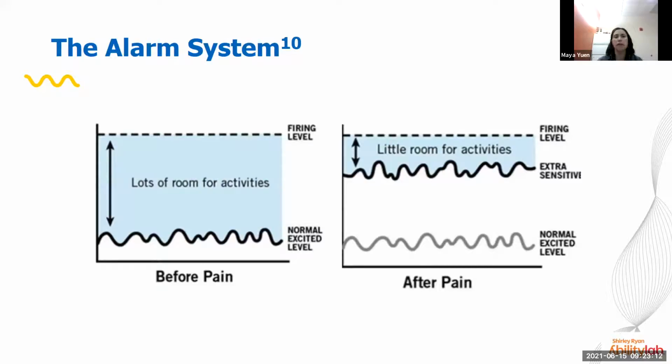An important part of the examination when I see patients in physical therapy is to provide them with a physical therapy diagnosis or an explanation for why they continue to have this pain. I'll say things such as, in my opinion, part of the reason why you continue to have this persistent pain is that you have an extra sensitive nervous system, which can happen when people have had persistent pain. And instead of addressing specific tissues, which is likely what patients have done in the past, we will be focusing on interventions aimed at calming down your alarm system. And this will gradually help you to move more and eventually experience less pain.